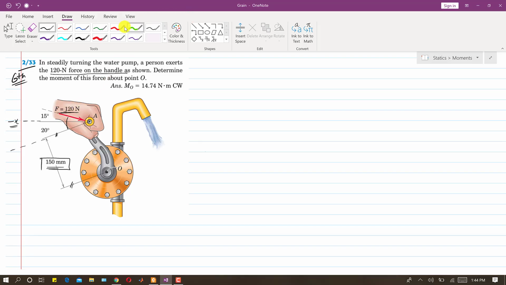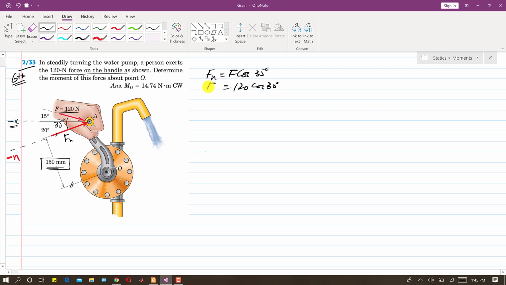If I draw the component of this force along this, let's suppose this axis is the normal axis, and this is the negative normal direction, right? Then if this is 20 plus 15, this angle is 35 degrees. Let's suppose this is the Fn component, the normal component of this force. Then the angle made with Fn is 35, so Fn will be F cos of 35 degrees, right? So it will be 120 cos of 30 degrees, right?